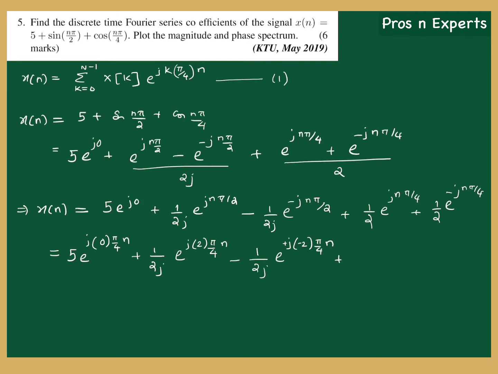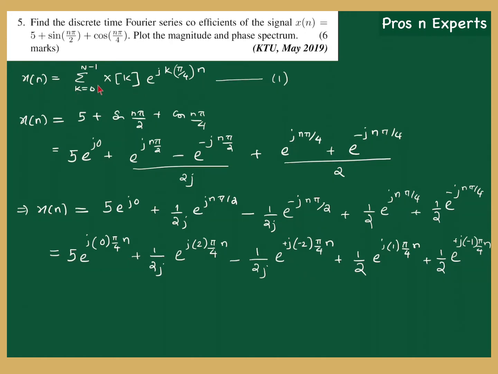And now the last two terms, 1 by 2 into, I'm going to write e raised to j n pi by 4 as, it's very simple, e raised to j into 1 into pi by 4 n. These two terms are same. Plus the last term is e raised to plus j into minus 1 into pi by 4 into n. Okay. Now we will see why I have written like this,